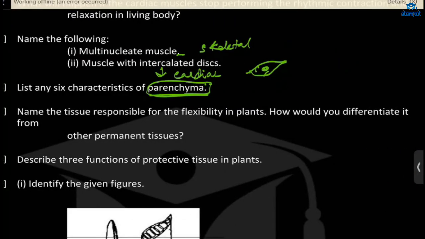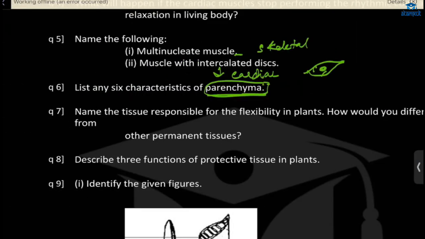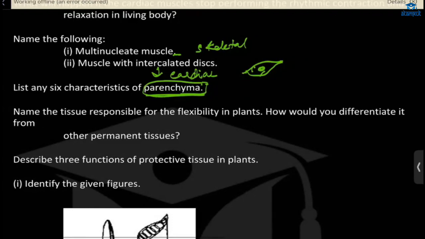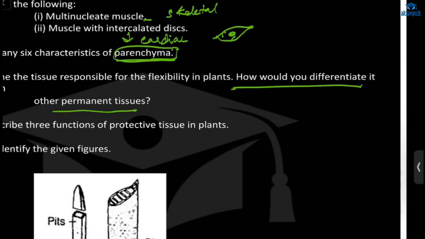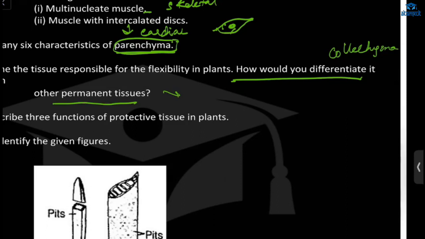Next: name the tissue responsible for flexibility in plants. How would you differentiate it from other permanent tissue? Parenchyma is the permanent tissue responsible for the flexibility of plants. Okay, parenchyma. The next part of the question asks how you will differentiate parenchyma from other permanent tissue. That means parenchyma and